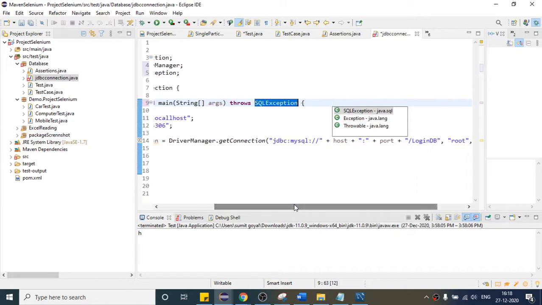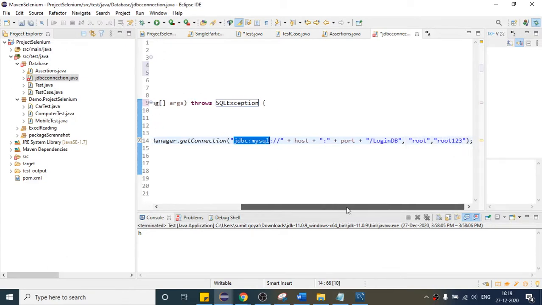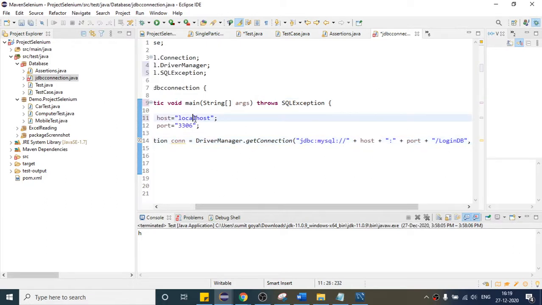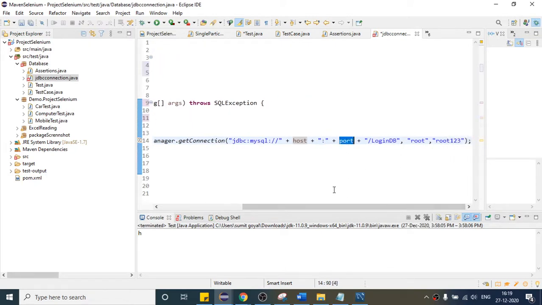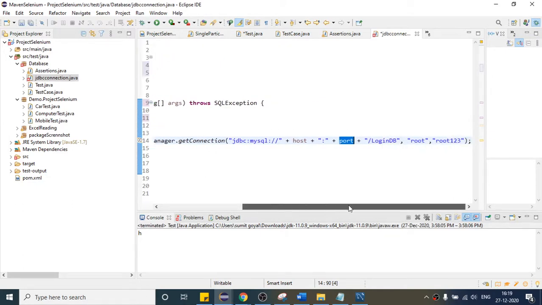Okay, so what it is: here we are using JDBC to connect, the Java database connection, right? So we are using this JDBC MySQL. And here, if you see, this is my host. The host is coming from this, so it is localhost. First I have created one variable, and that value will come here when I run my program. This is how you have to provide it: after double quotes, a concatenation operator. After that you have to provide it like this, then this in double quotes, and this is our port number. Our port number is 3306. That port number will come here when I run my program.